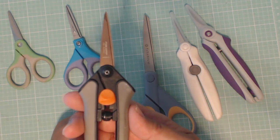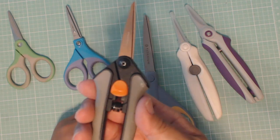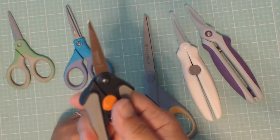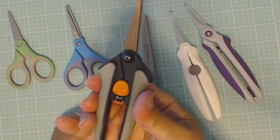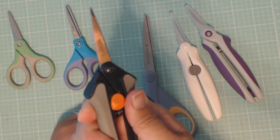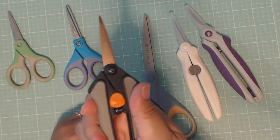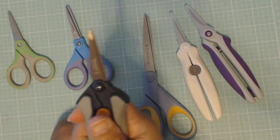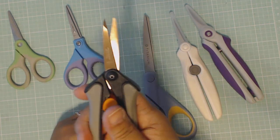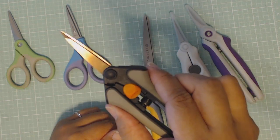And I'm not trying to sway you to not use them. I'm just saying for me, the reason I don't buy them is because they're not spring-loaded. So if somebody's listening from Ranger or from Tonic who makes them, make them spring-loaded. I'll buy a pair and try them out. You guys know I buy a lot of crafting supplies. But right now it doesn't bother me that these aren't